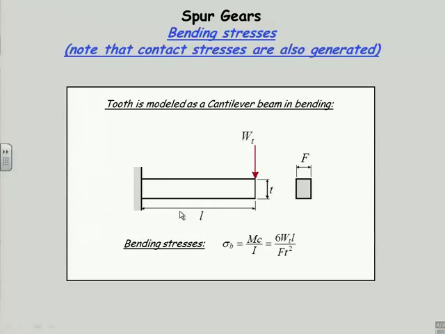Now, this is a very simplistic model of a tooth. It's a cantilever beam. It doesn't show any shape. It really has the involute shape and all that jazz. But as a simplistic model, I have a cantilever beam. I've got an end load, which is this WT, the tangential load. It's got some thickness, which is intended to represent the thickness of the root, where it really matters, and a length L, which is the distance out to where my load is acting, which might be the tip of the tooth,